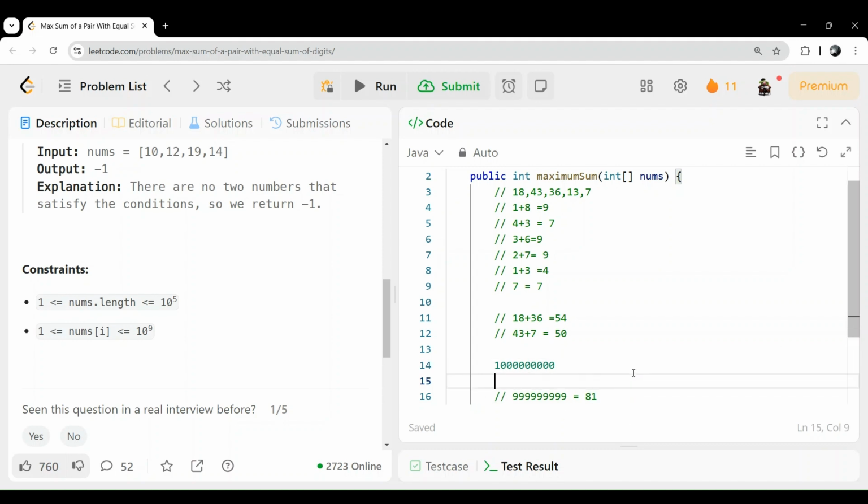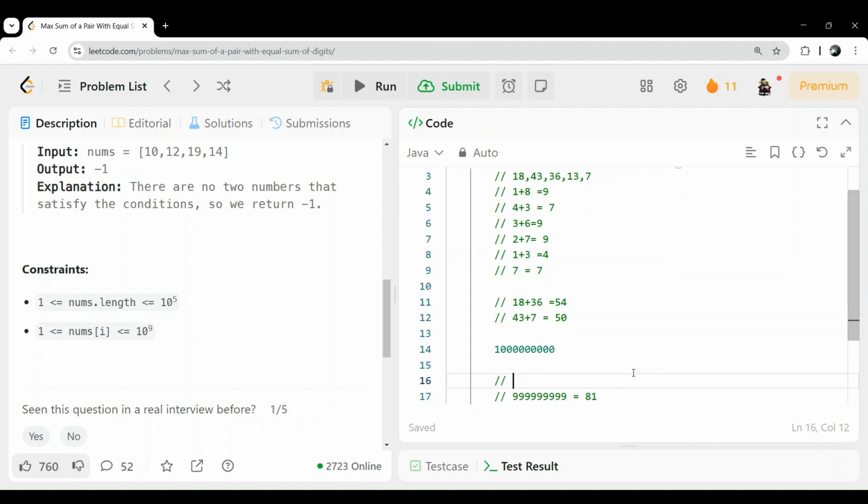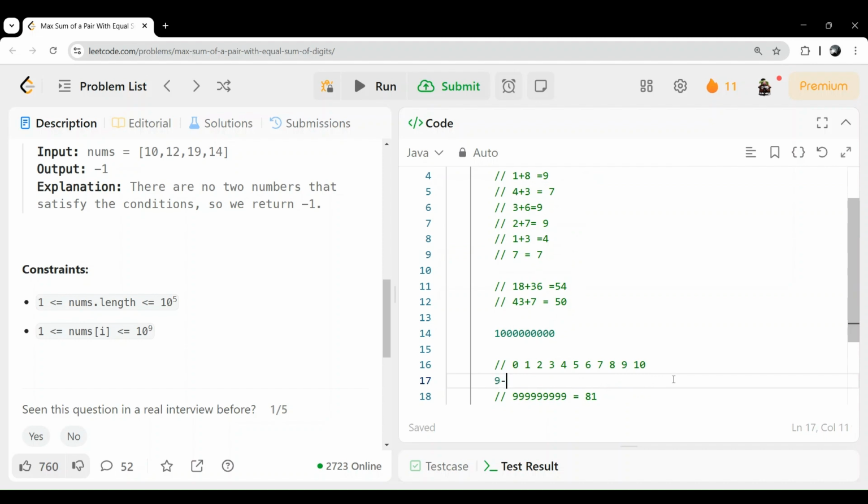For example, let's say we have indices 0, 1, 2, 3, 4, 5, 6, 7, 8, 9, and 10. For this 9, first we got 18, so we will store 18 here initially.